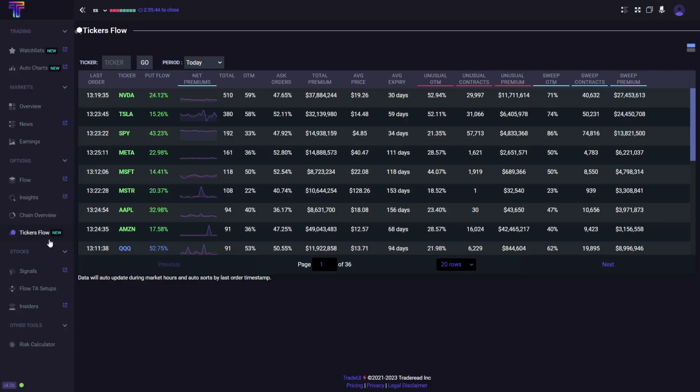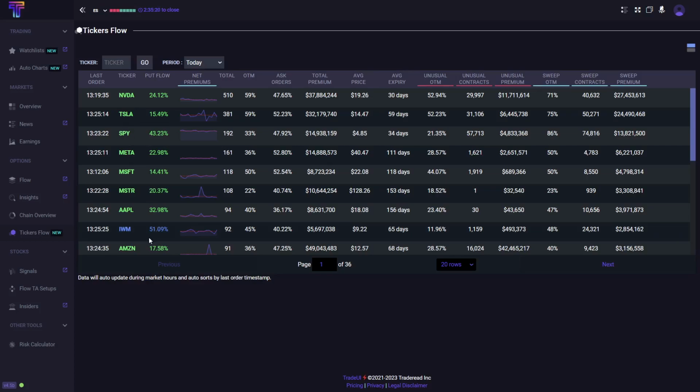In this video, we will go over TradeUI's ticker flow section. So whenever you log into TradeUI and you click on ticker flow on the left-hand side, this window should populate. What this window does is it gives an overall view of the option data coming in, in a watch list format. It's compiled into each ticker, so this shows all the option data for NVIDIA, this one's Tesla, S&P